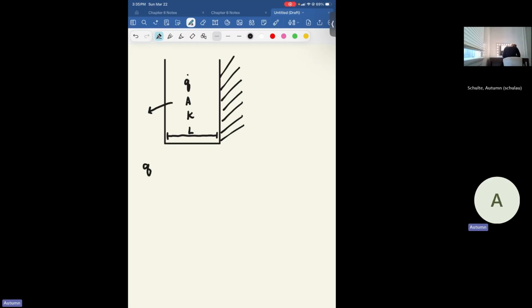So we're going to take the volumetric energy generation rate and we have to multiply it by the volume. And in this case, that's going to be the thickness L multiplied by the area,